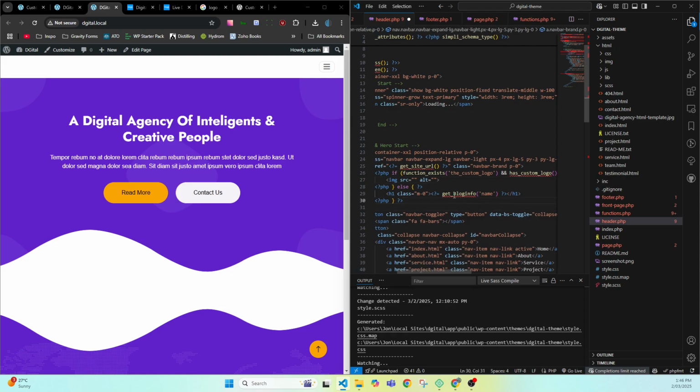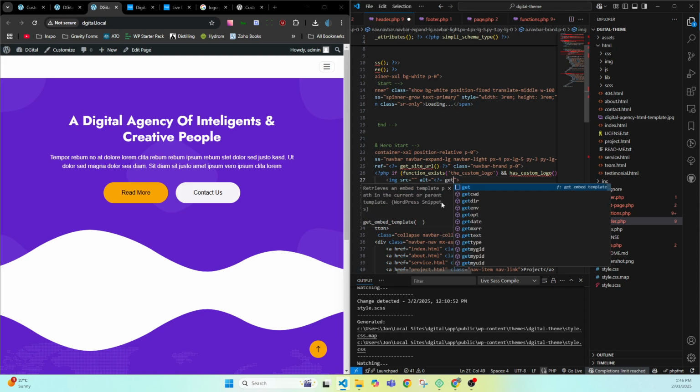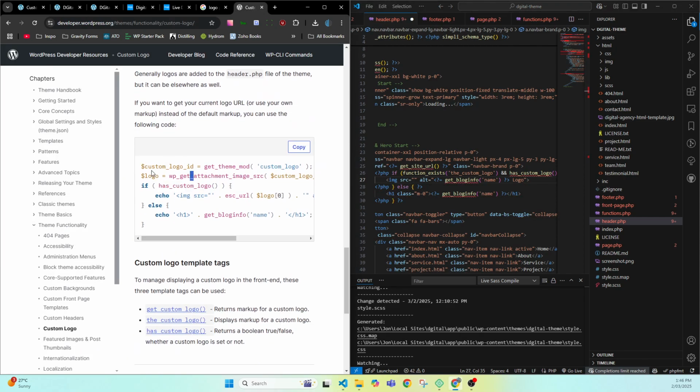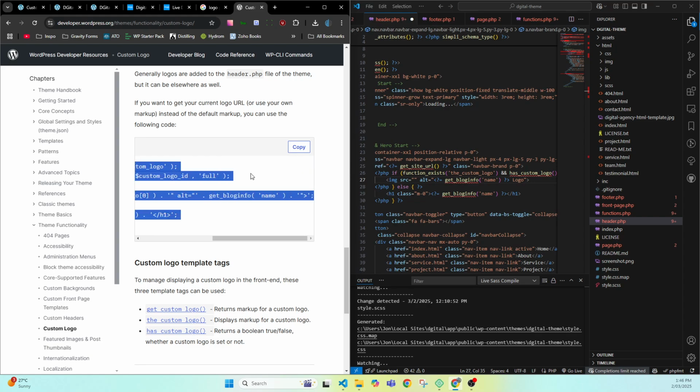Let's just copy that out. So the alt tag for this will be equals get bloginfo name logo. And the source for that, if we go back to it, is,